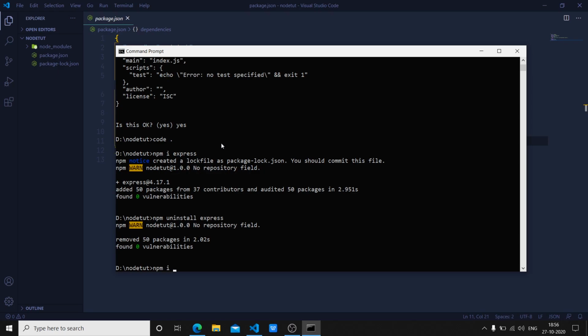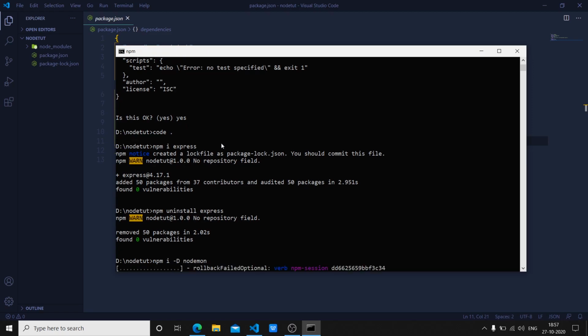Sometimes you may need some packages which are not necessary in production, but they are necessary in development. For example, one such package is going to be nodemon, which will help us with refreshing. Since I don't want this in production, I can use a -D flag here. What this does is that it installs the package as a dev dependency. So when I push this to production and run npm install there, it won't install nodemon for me there.